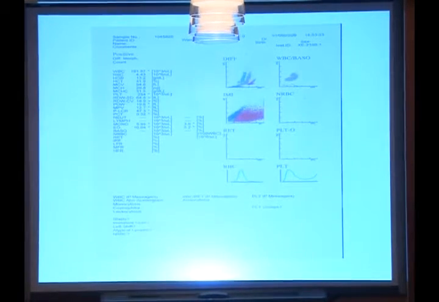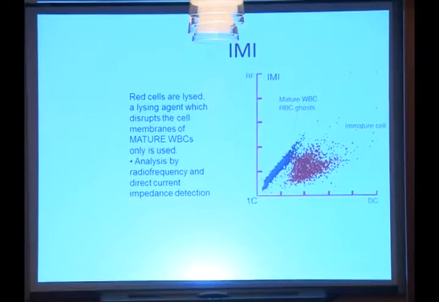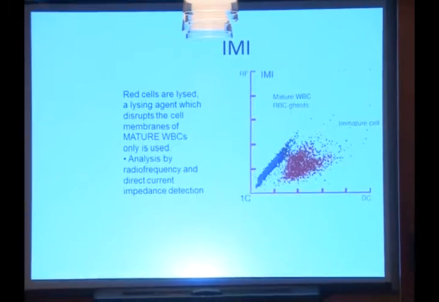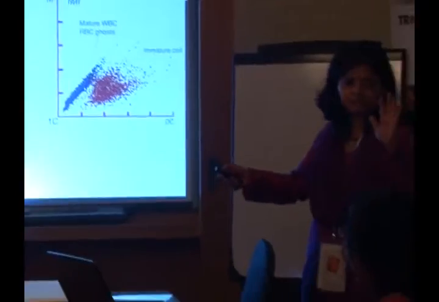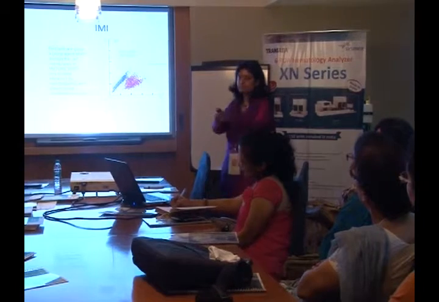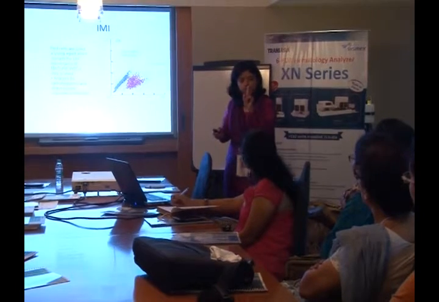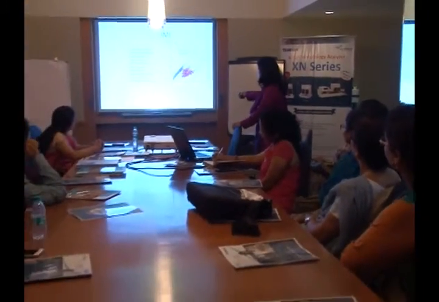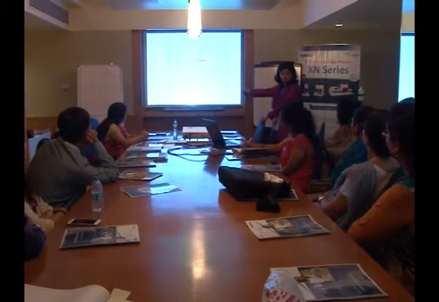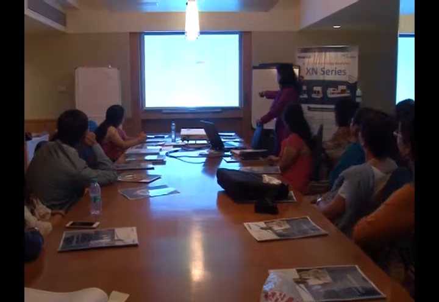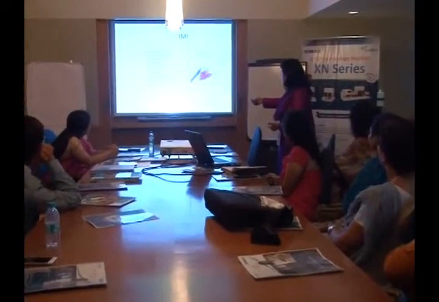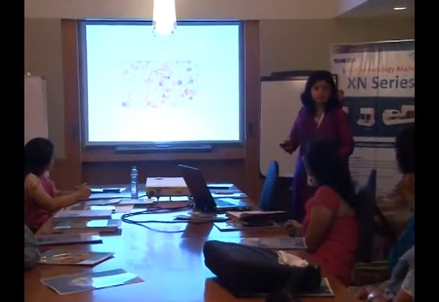I have to tell you what the IMI channel is first. In the IMI channel you get all immature WBCs. IMI stands for immature myeloid. That makes it a dedicated channel for immature WBC. If you keep in mind that all immature cells are here and the mature WBCs are here, you can make a differential diagnosis of what it could be. Platelets are normal, hemoglobin is normal, and he has this CML.